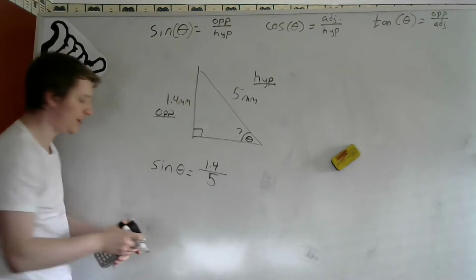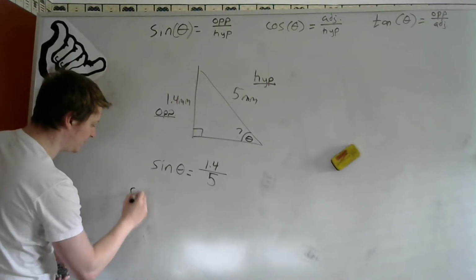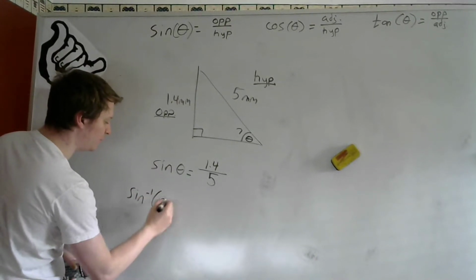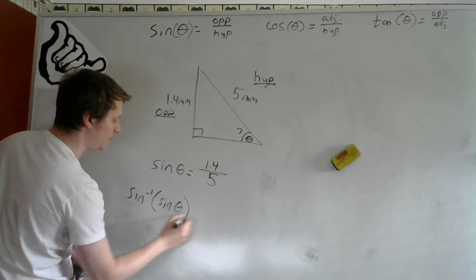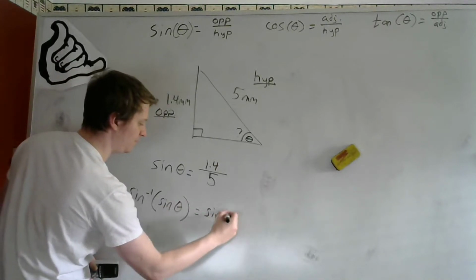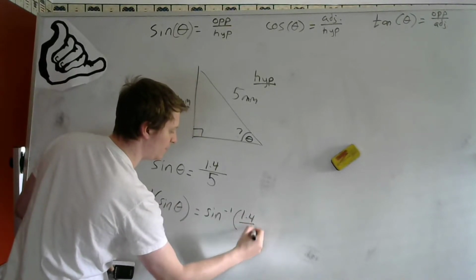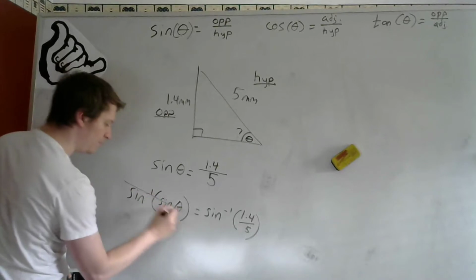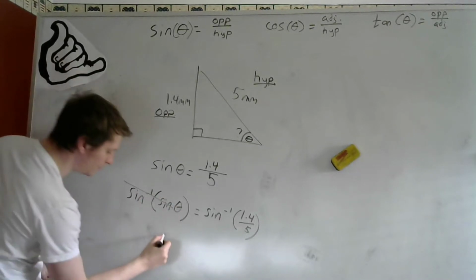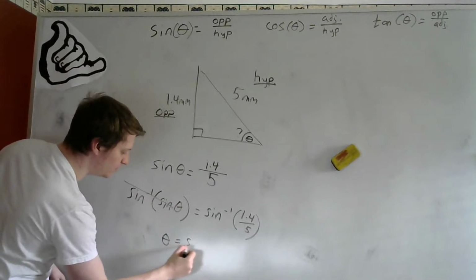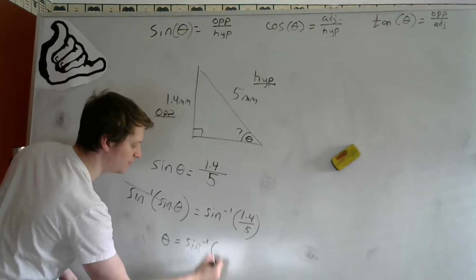So I have to undo the sine by taking the inverse sine of both sides. And now the inverse sine and sine goes away, and I'm left with theta is equal to sine inverse of